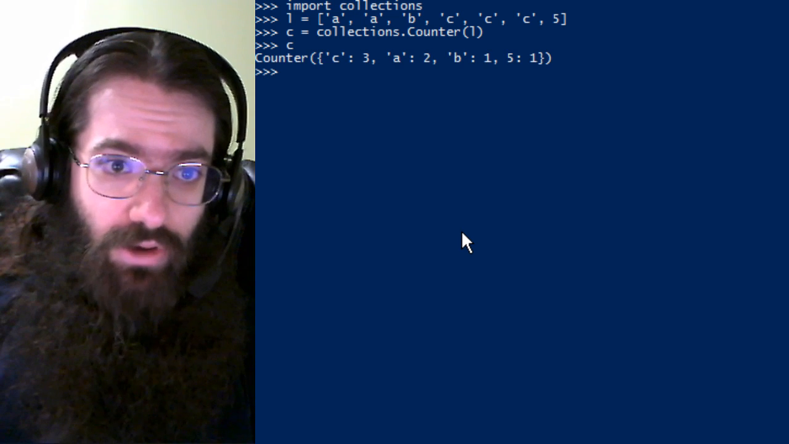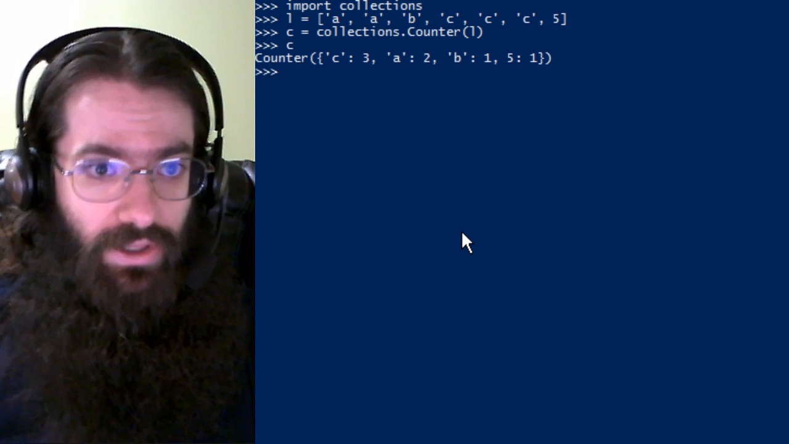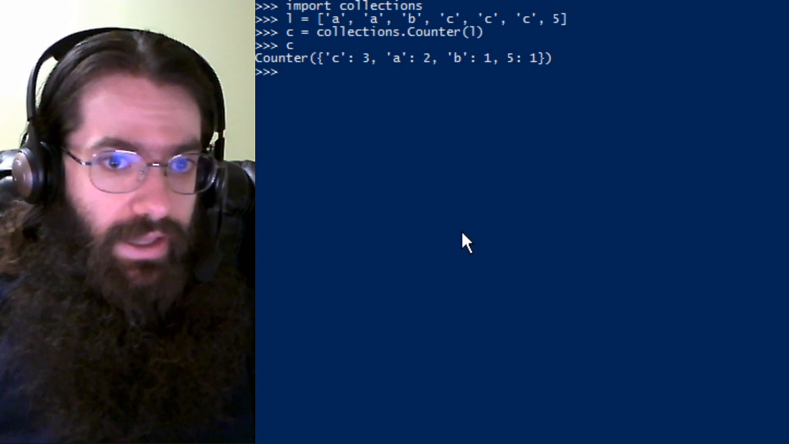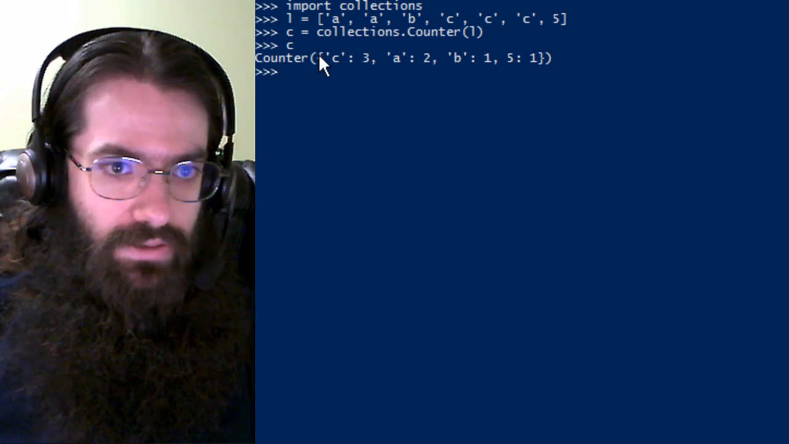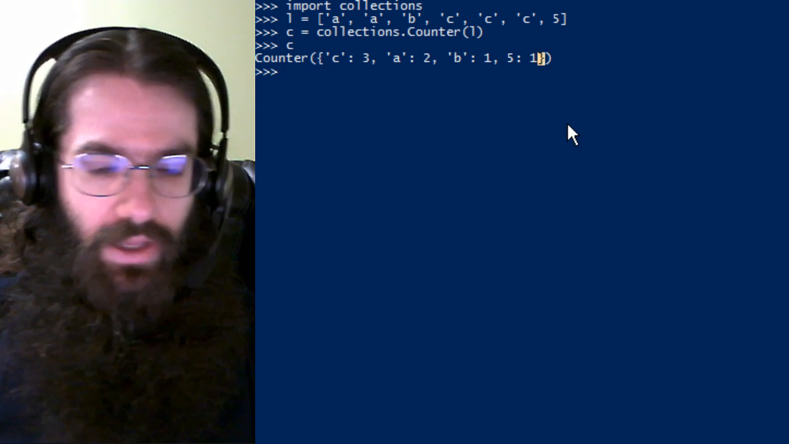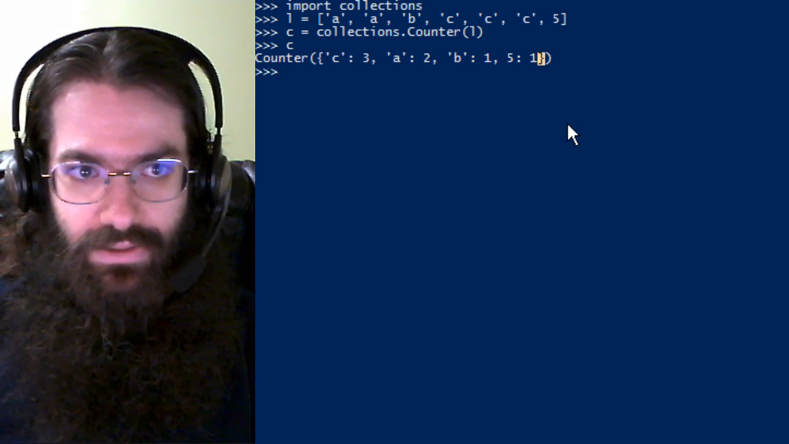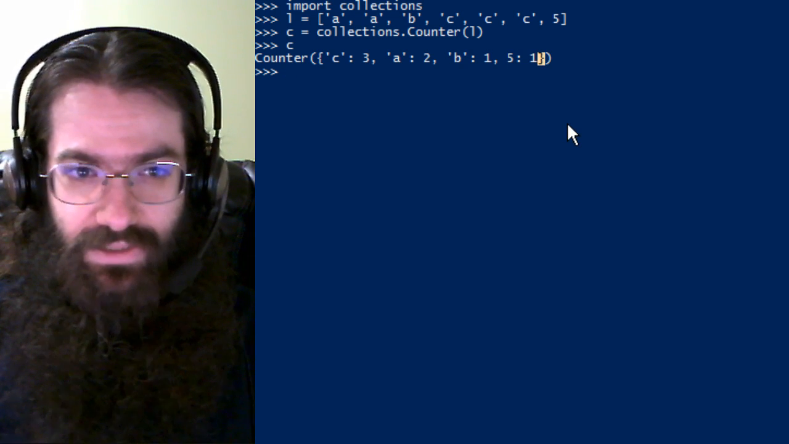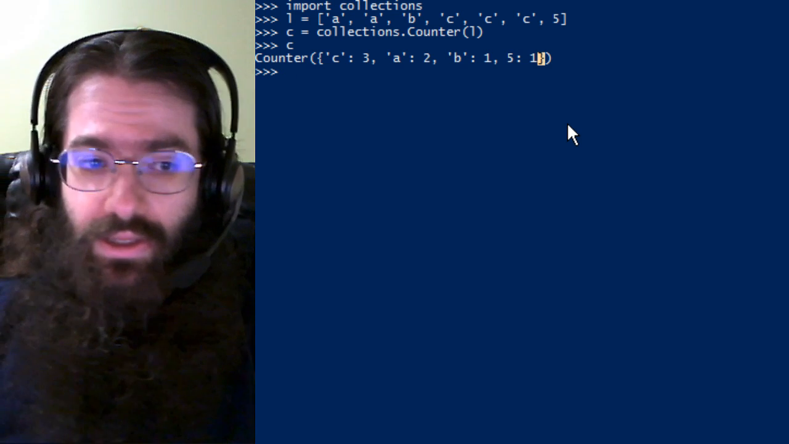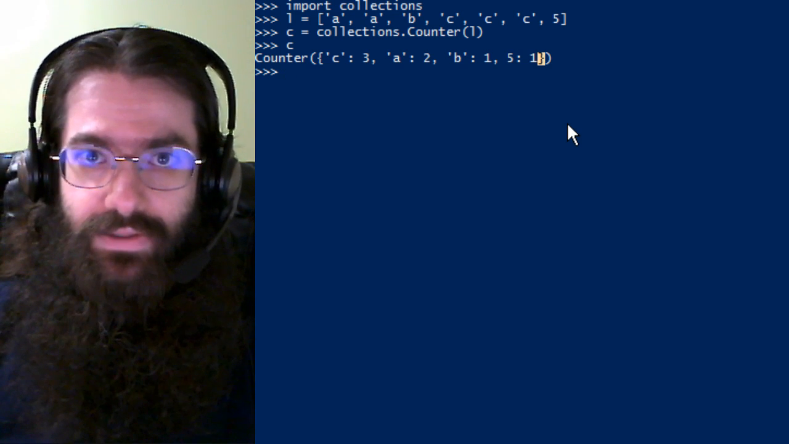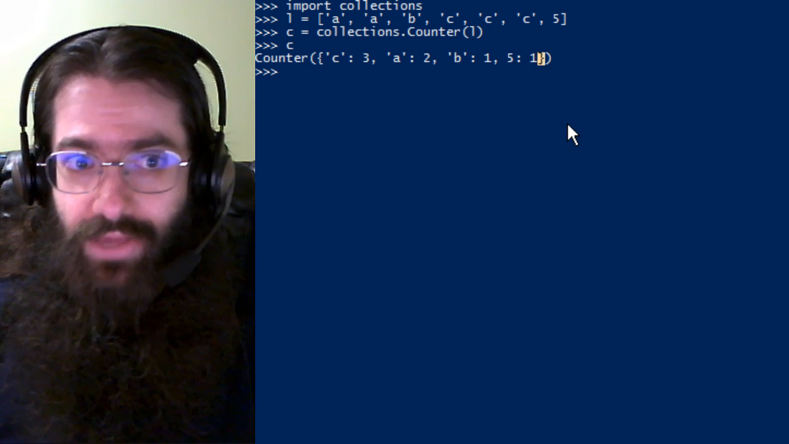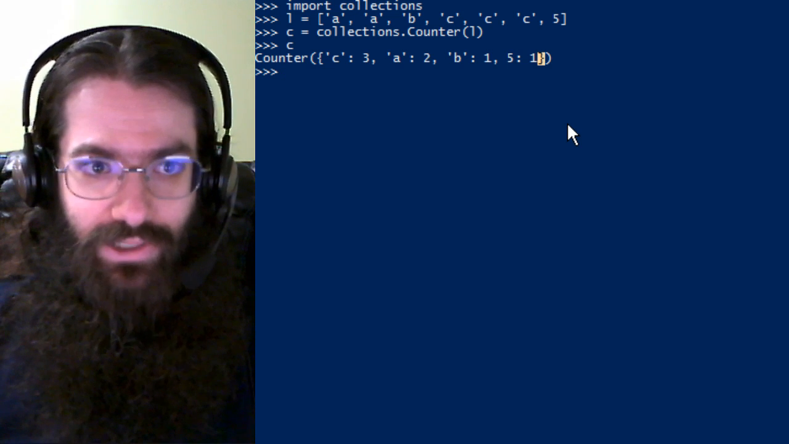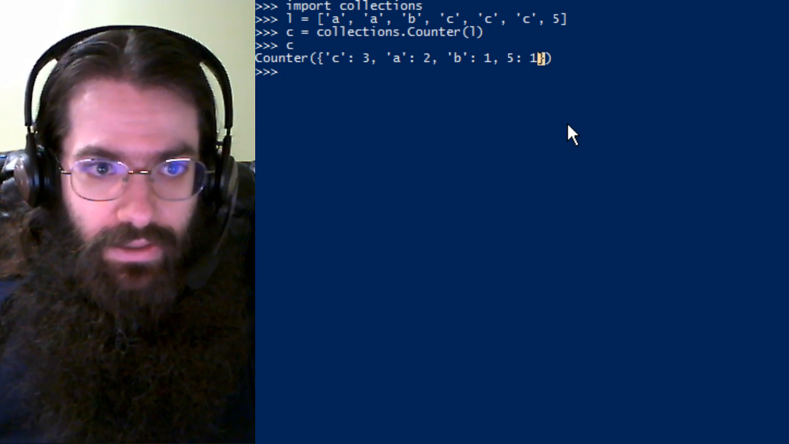Now, what is this Counter object? Now we have a Counter object, and you'll notice that it has the curly braces around it. This is because it's similar to a dictionary, has a lot of the same methods and structure and behavior, but it has a few extra things, like